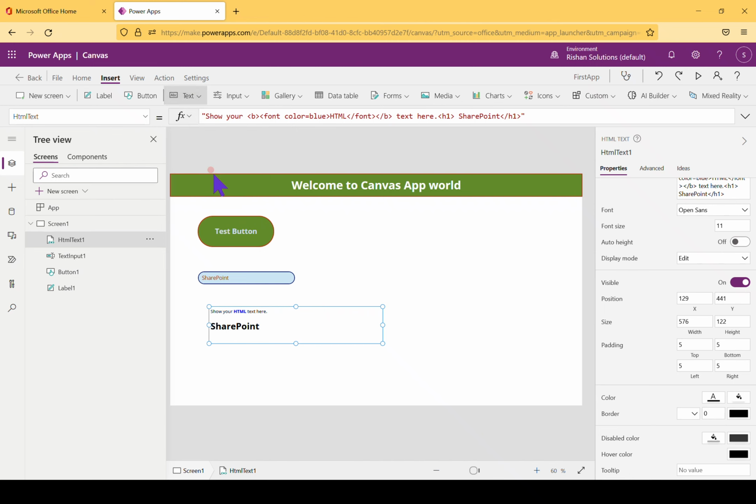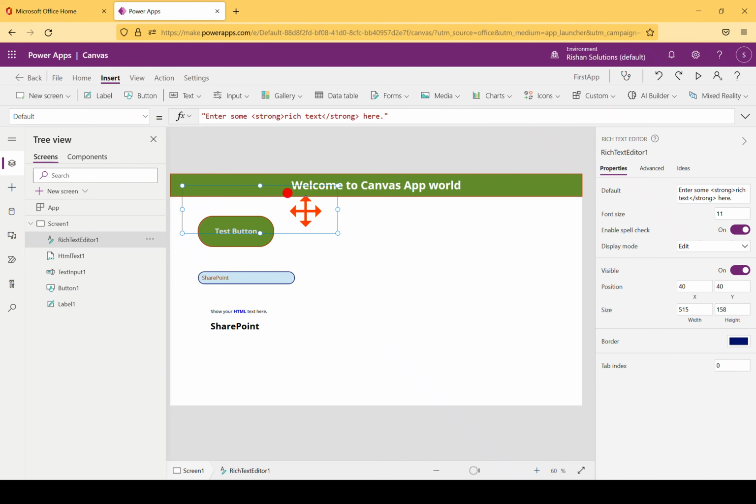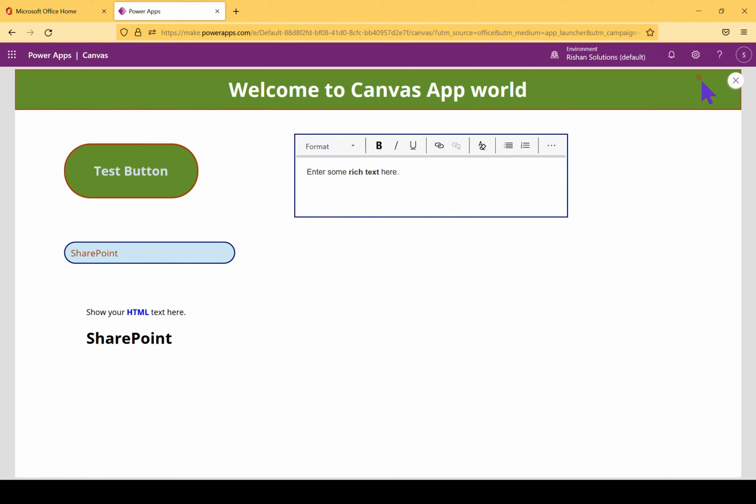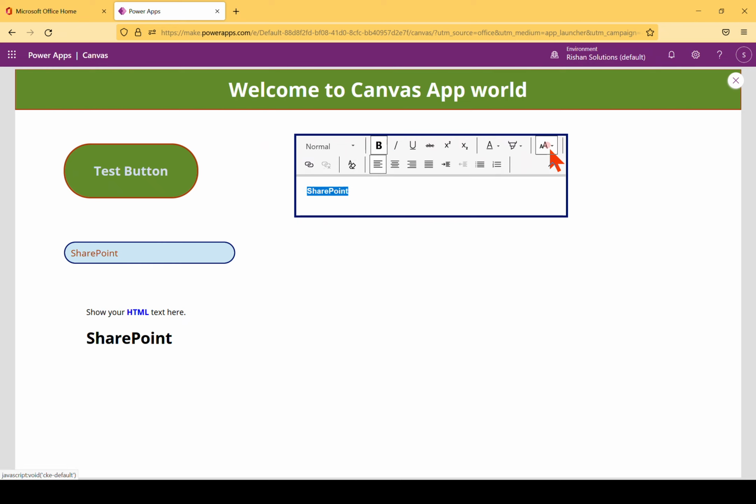Next one is the rich text editor. For example, I don't know much HTML code, but still I want to work on it. You can work on it. For example, you come here and write "SharePoint", and you want to make this bold. You can make this bold, and if you click this one, we will get a lot